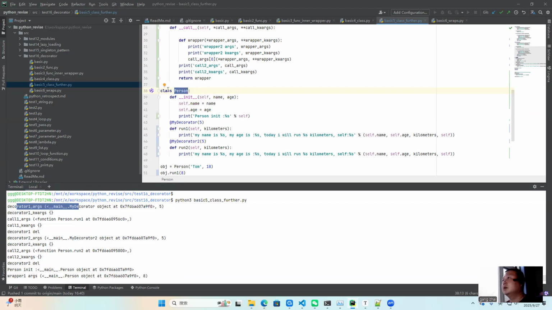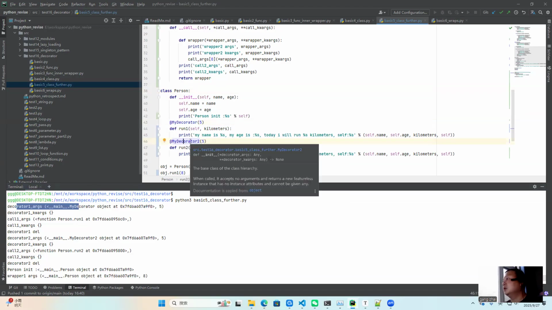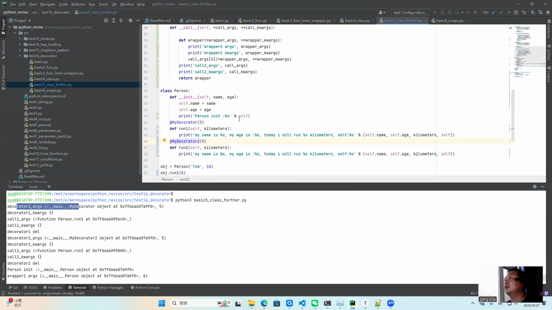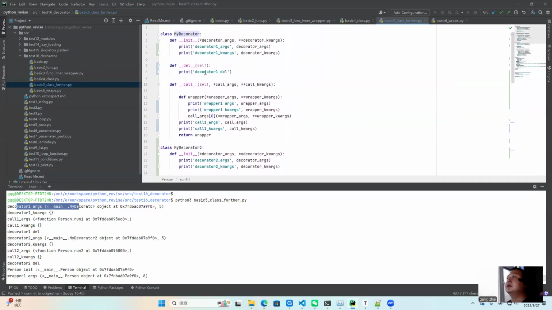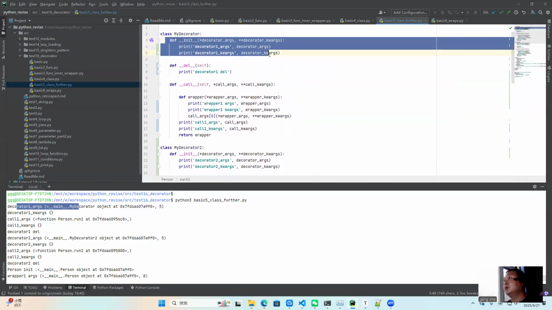The Python interpreter goes to run to here. It checks the class has two decorators, and it will run the decorator first. Here it will run the decorator one, and the decorator one will initialize